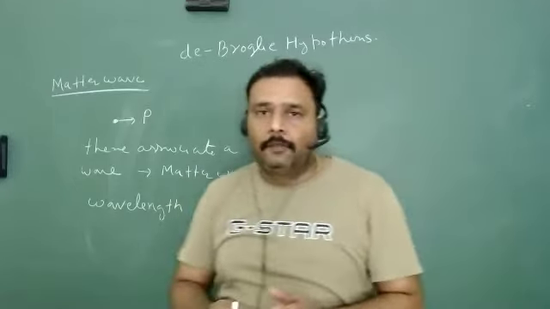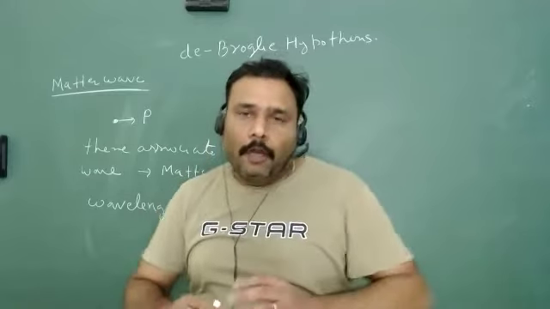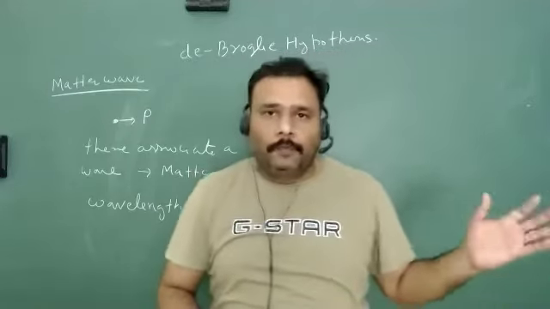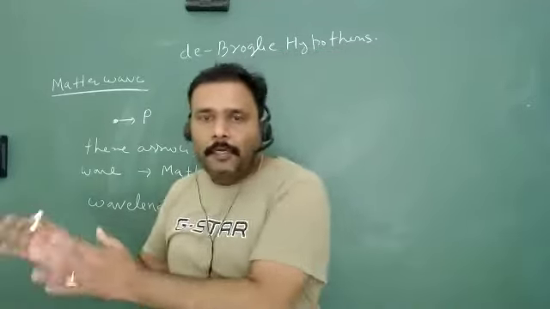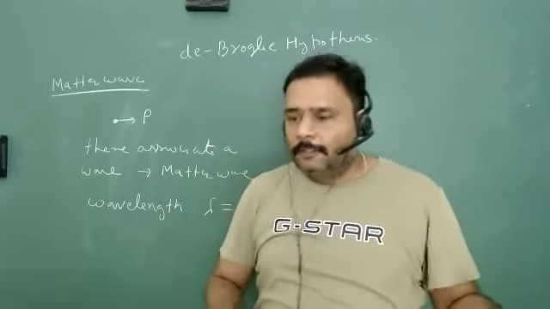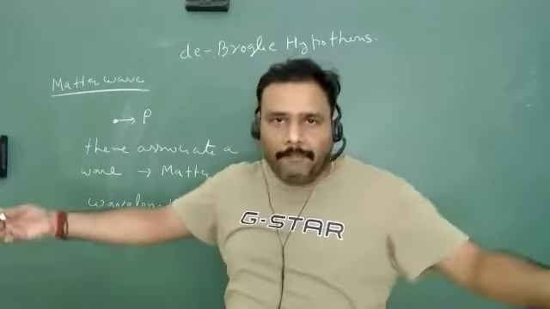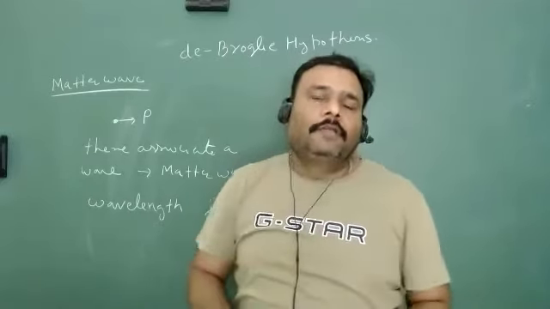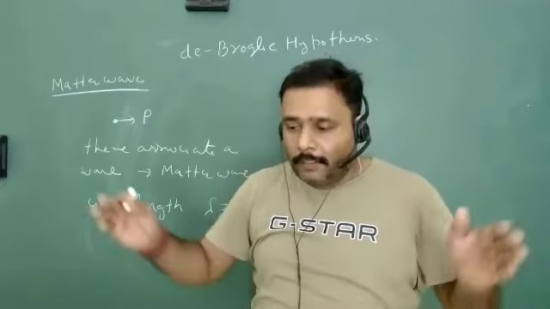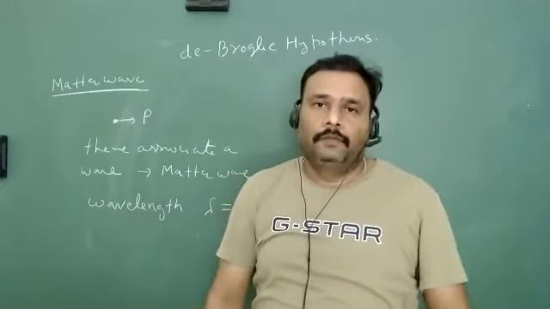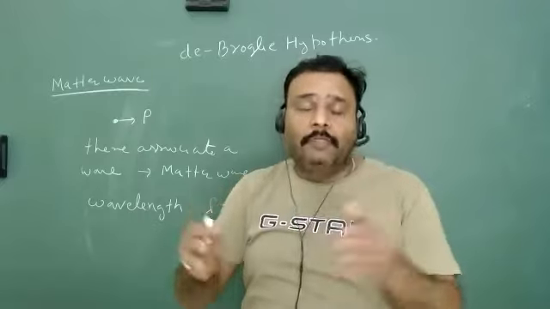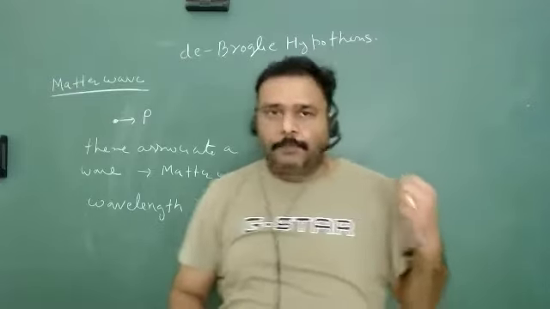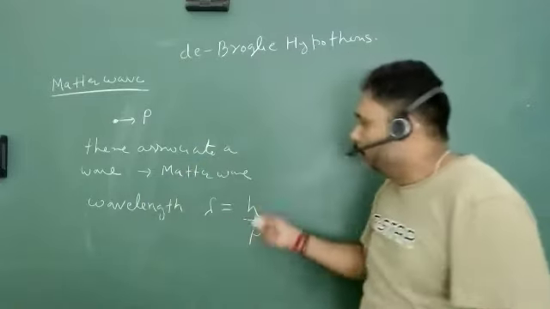The two persons who thought beyond in a very different way: one was Bohr, whose theory we have seen, and another was de Broglie. Bohr was, I think, Danish. De Broglie was French. They never met, and they gave different hypotheses. But finally, what will you get? Their conclusions will merge at the same level. Let's try to understand how, with this particular example using the de Broglie wavelength.